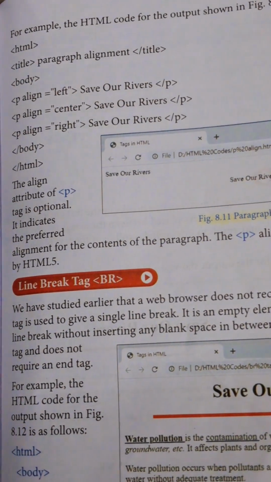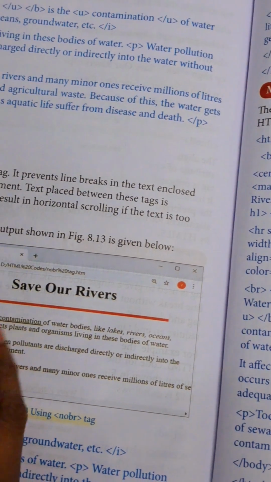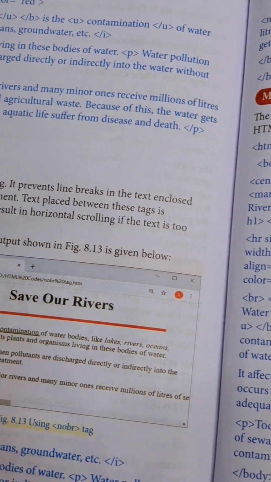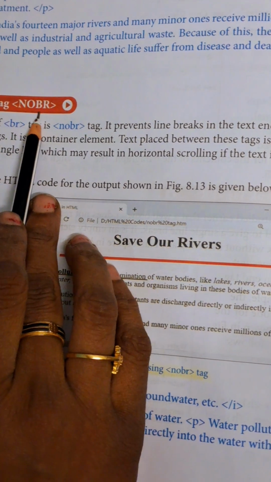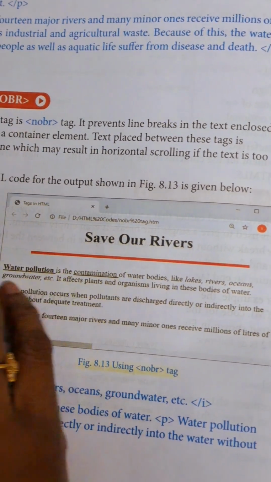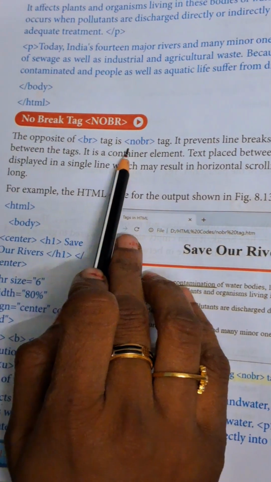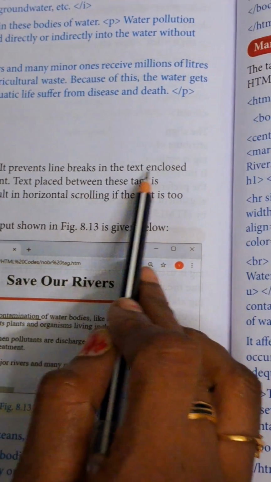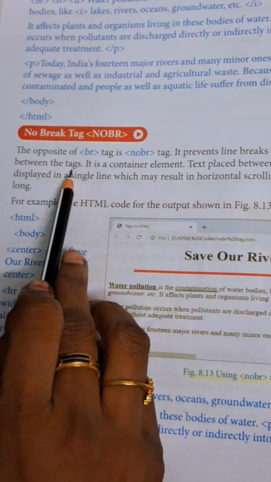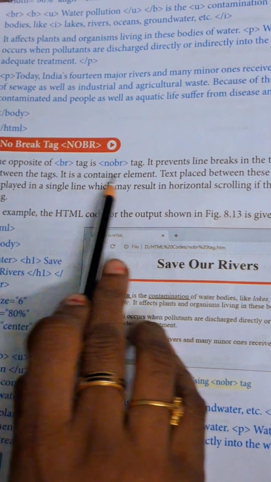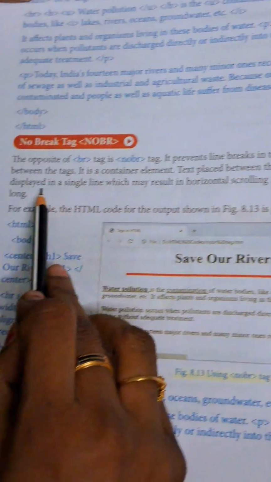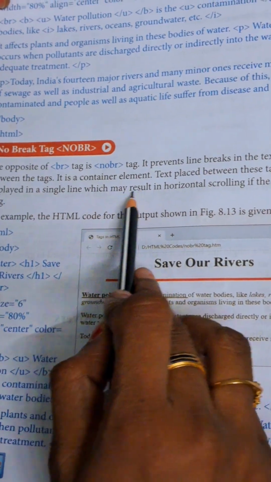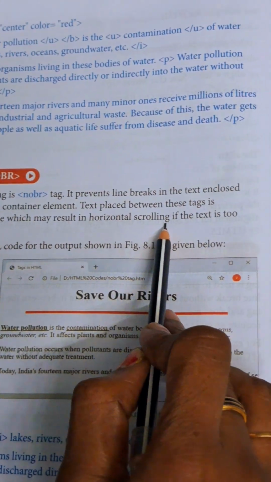So there is no line break in this tag. Next tag is the no break tag. It is written as NOBR. The opposite of the BR tag is the NOBR tag. It prevents line breaks in the text enclosed between the tags. It is a container element. Text placed between these tags is displayed in a single line, which may result in horizontal scrolling if the text